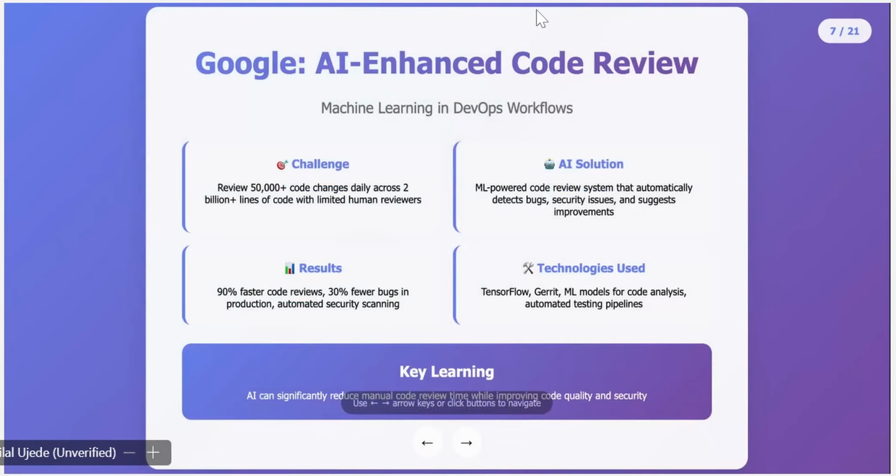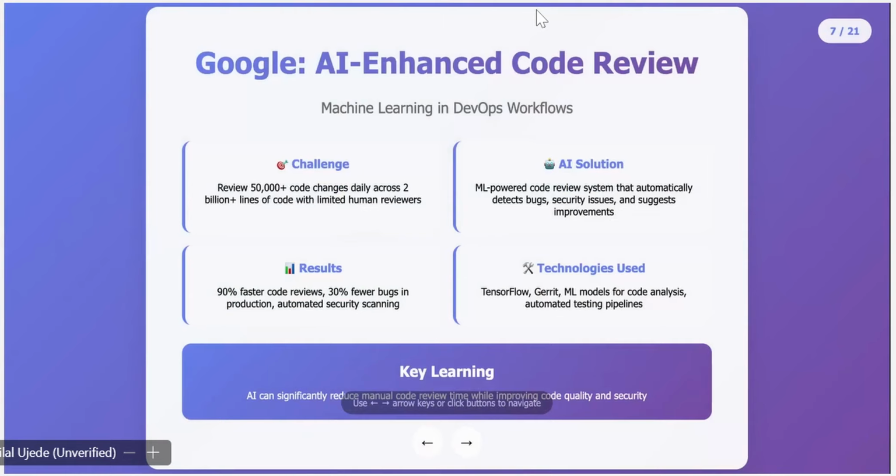Again, a similar example is Google, which has the Google enhanced code review. Google is a big company, and a rough estimation is that they have 2 billion plus lines of code, with limited human reviewers. Two billion lines of code equals roughly 6 to 7 lakh books. If you converted these lines into printable material, it would be 6 to 7 lakh books, and if you need someone to review that many books,